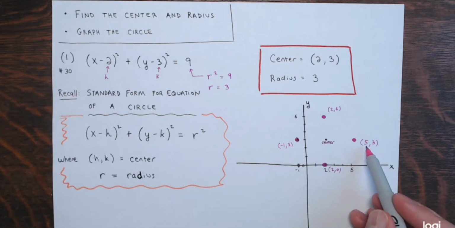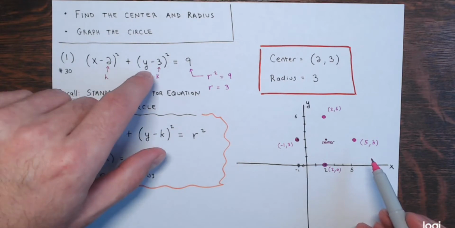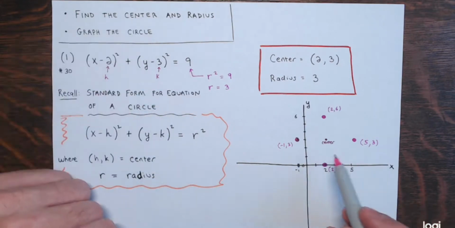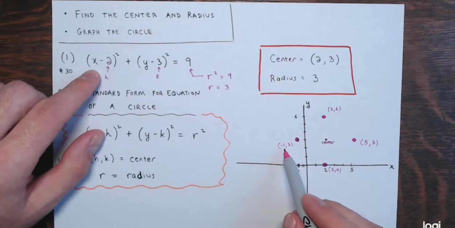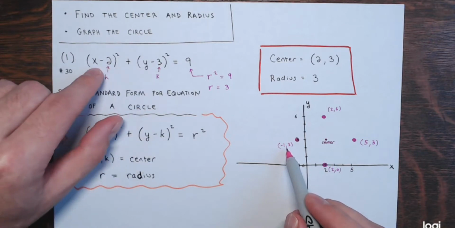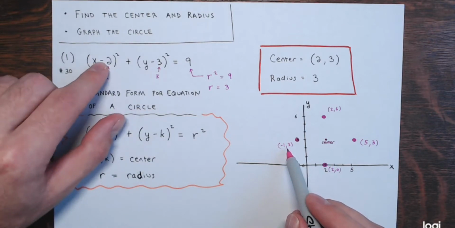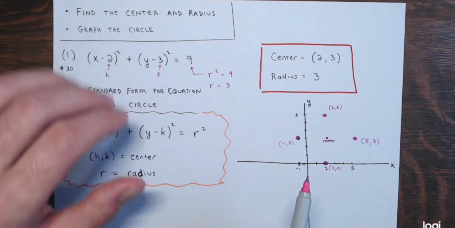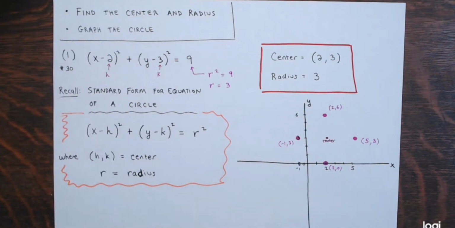Plug in 5 for x and 3 for y. You'd get 3 squared plus 0 equals 9. That's true. Plug in negative 1 for x and 3 for y. You'd get negative 3 squared, which is 9, plus 0 is 9. That's also true. All right, and then I'm going to draw a rough sketch of the rest of the circle,